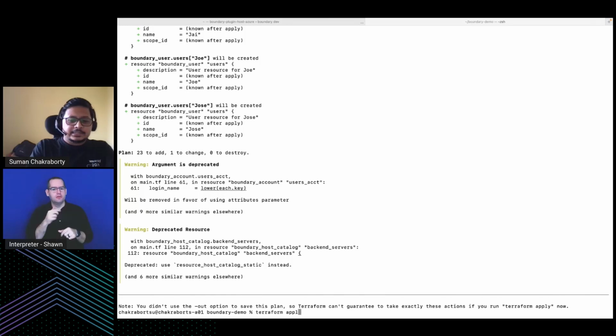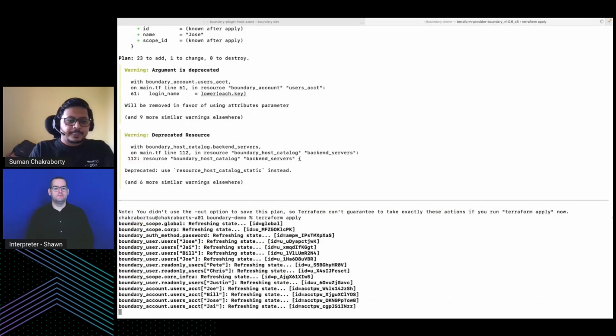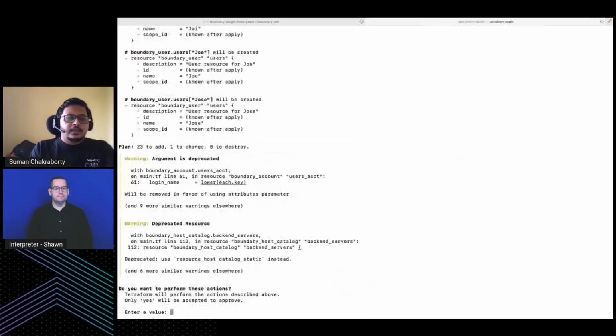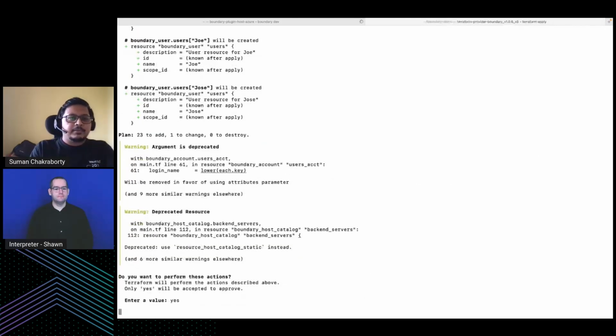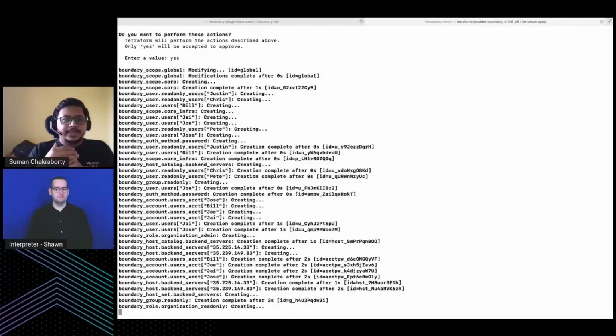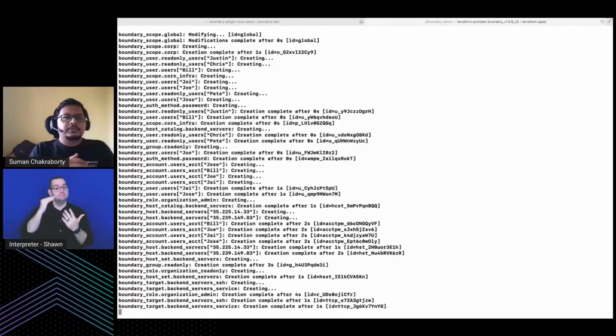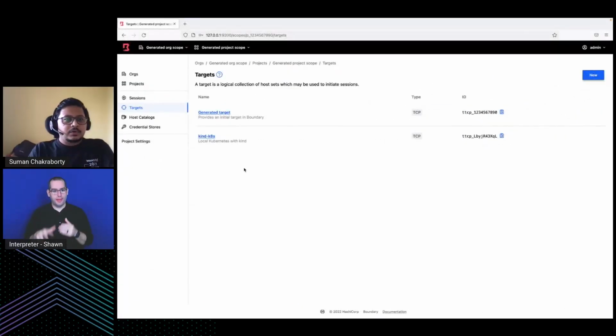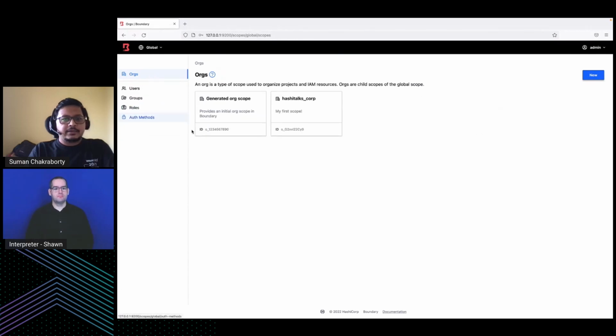So in this case, I'll just do an apply. And yes, I definitely want to apply the changes. So it is creating the entire context from the manifest file into here. So 23 added, one changed. Okay. Great. So let me come to the org, and okay, I can see my org is created under global